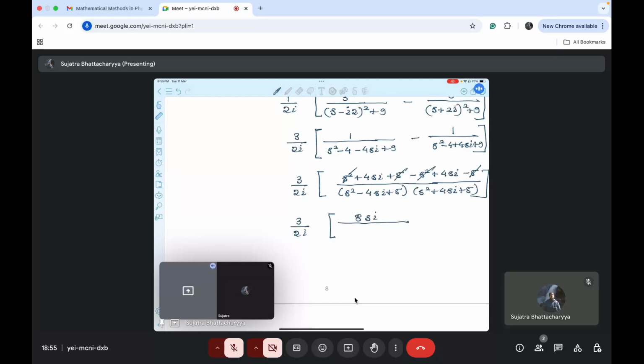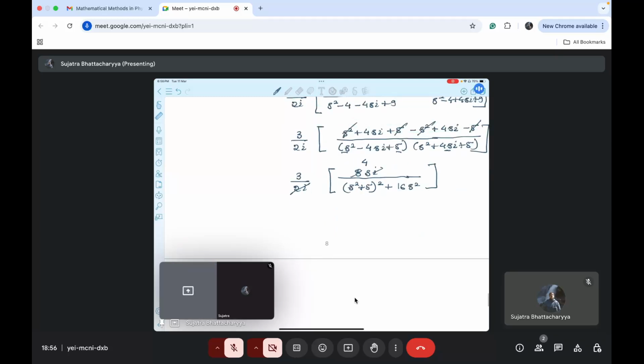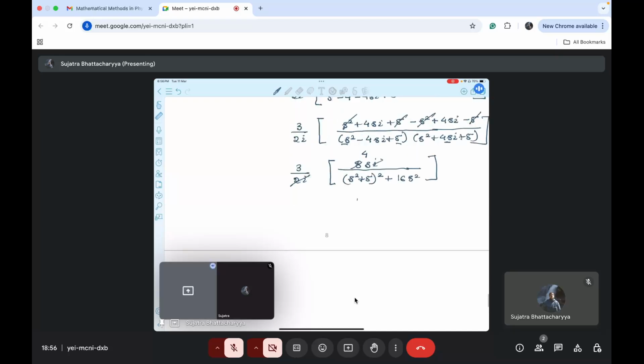divided by, you can clearly see that one s square plus 5 is there and there is a 4si part. So you can just write this as s square plus 5 whole square plus 16 s square. Okay, then 2i, this can go to 4s. So the next step will be to have 12s divided by, you can open this further, s to the power 4